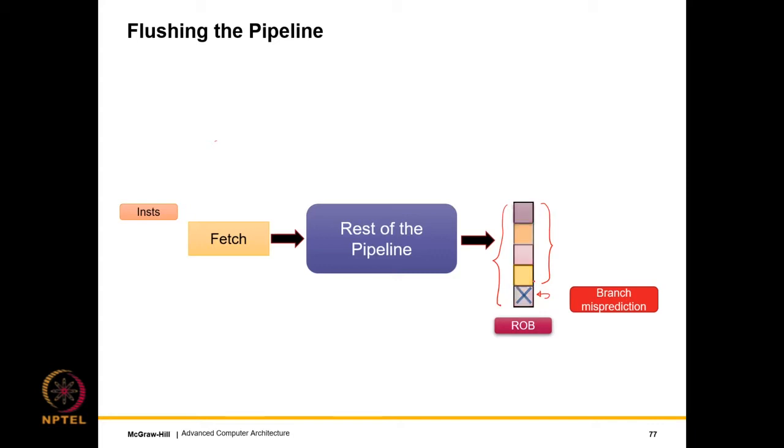Well, we just commit the earlier instructions, keep committing, and wait for the mispredicted instruction to reach the head of the ROB, the top of the ROB. Once it reaches the top of the ROB, something needs to be done. Also, please bear in mind that even though we are not showing it, other instructions might have been decoded and might have entered the ROB after the mispredicted instruction, so they will be at these positions.